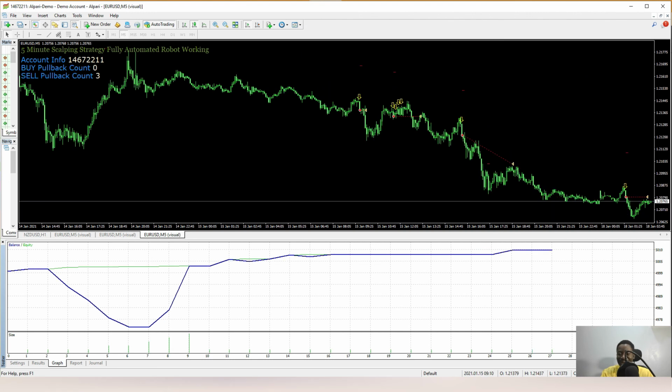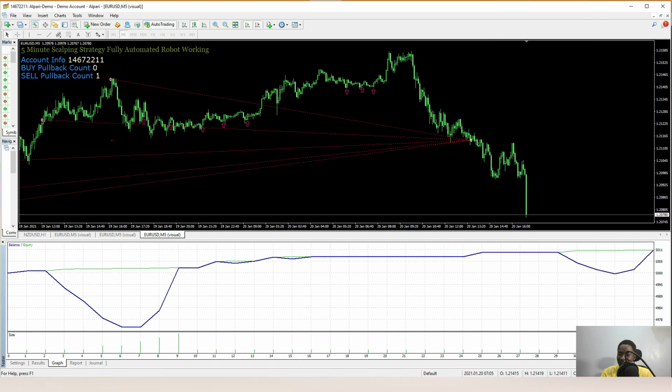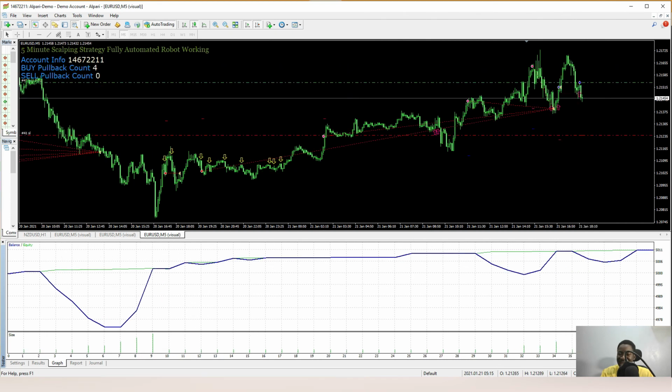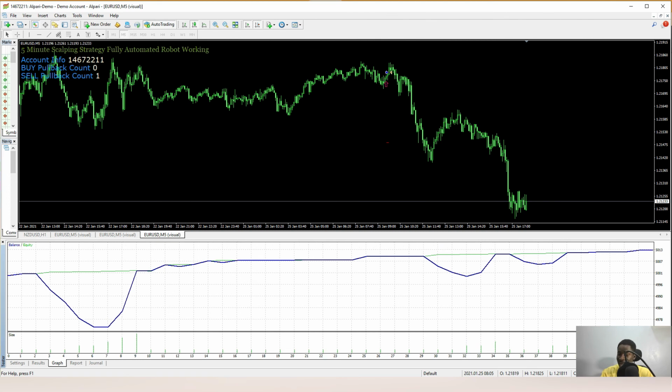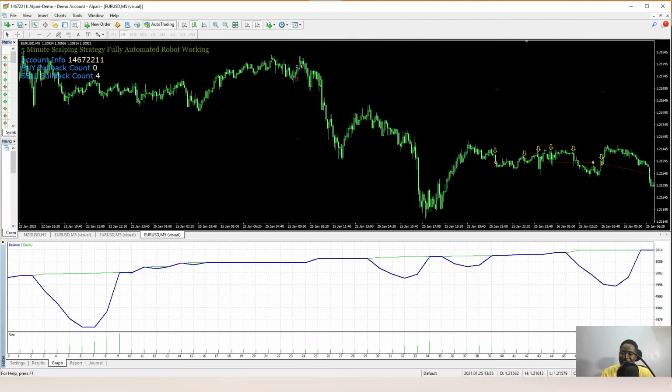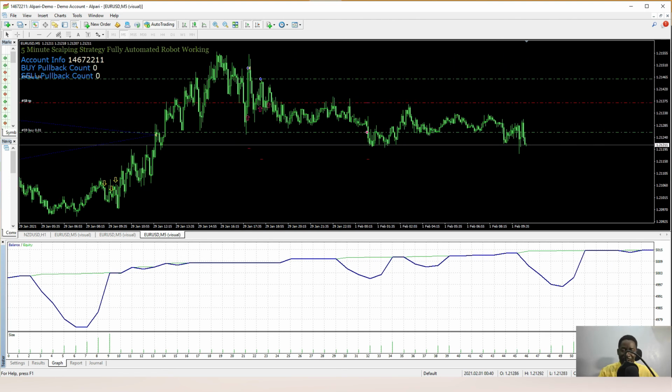That is why I really love this grid. This grid really works fine for me because I don't care where the market is moving to. Once I know I'm in a particular trend, and if the market goes against me, then the grid is activated and I continue making profits. So let me just leave it here for now.